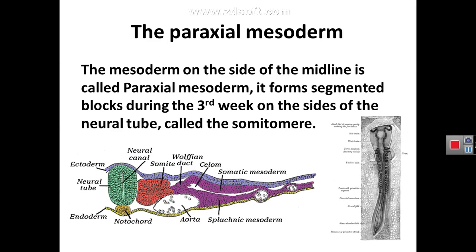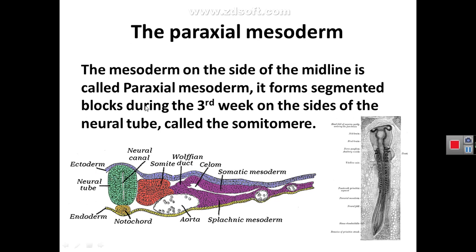At the beginning, we have to revise some of the descriptions of the trilaminar germ disc in early stages of development, as this figure shows. The trilaminar germ disc is formed of three layers, which are the ectoderm dorsally, the endoderm ventrally, and in between is the mesoderm. This configuration occurs during the third week of development, but later on, in the late third week of development, the